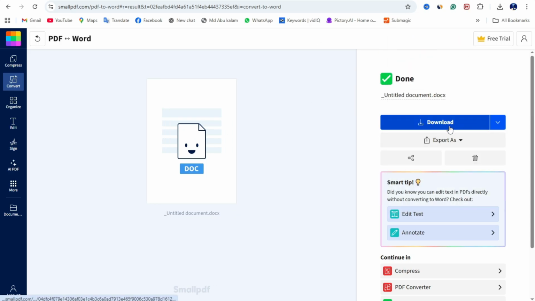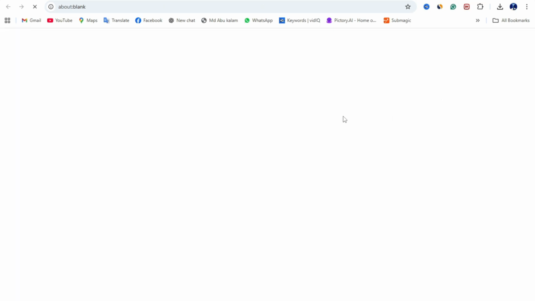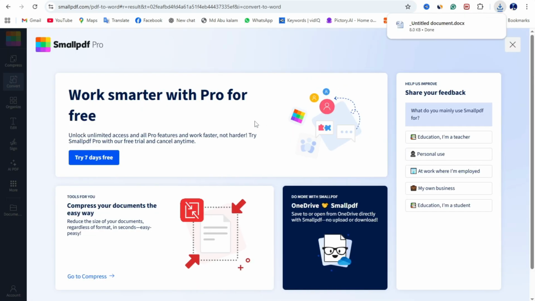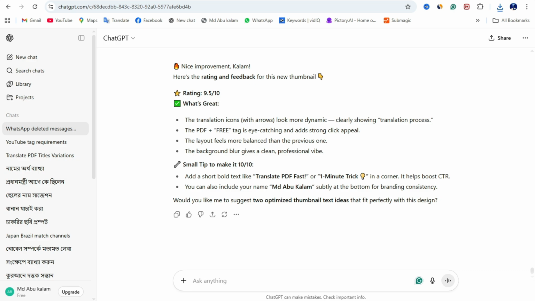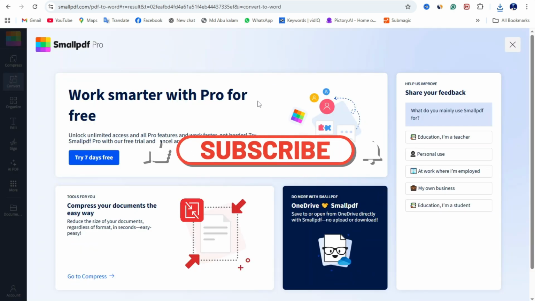So if I click on export or download, you can download it, export as PDF, Word, Excel, PowerPoint, image, etc. Then click on download. So you can see how I convert a document, PDF to Word. It's simple using free